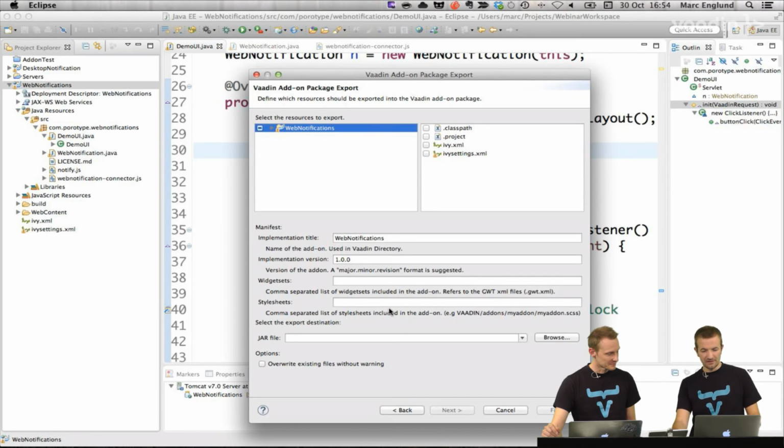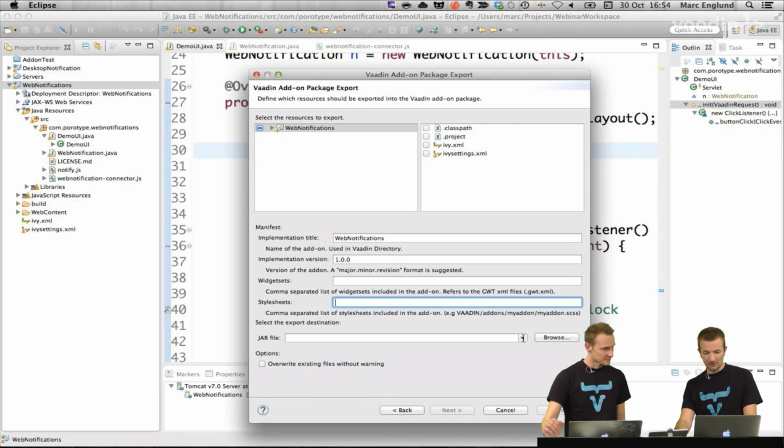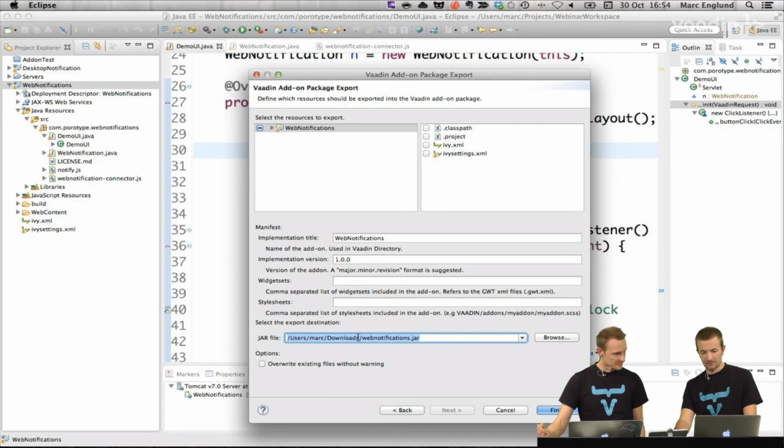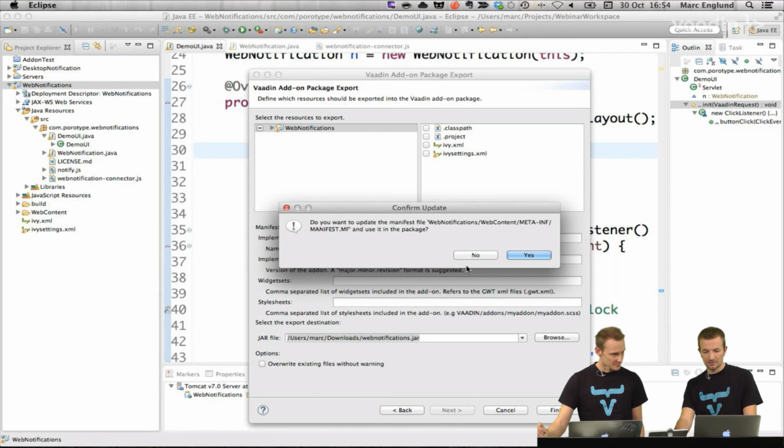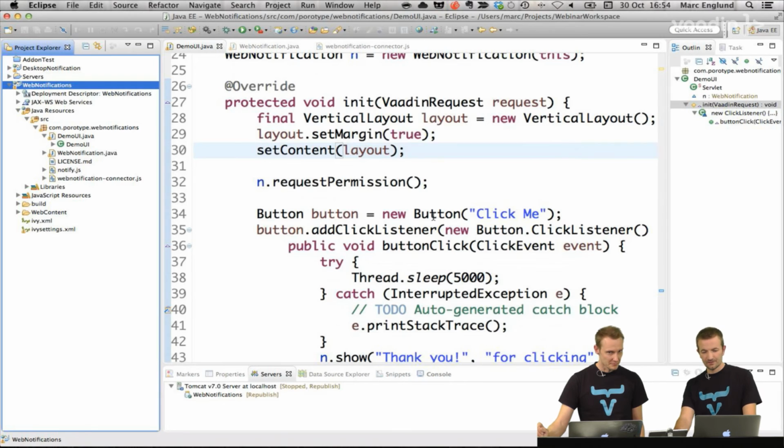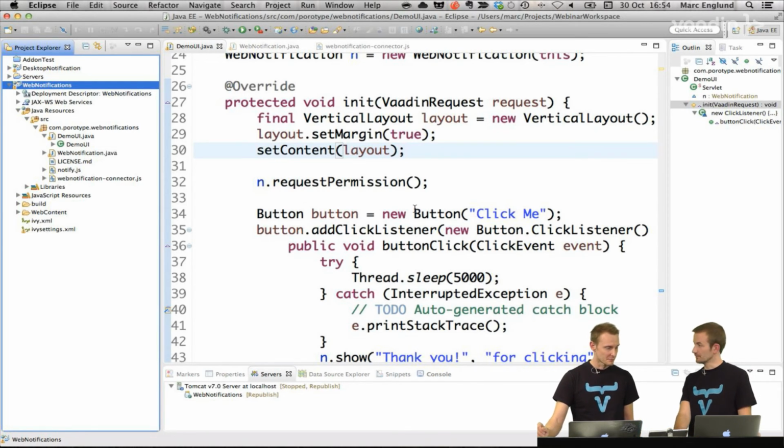If we would have some custom widget sets or style sheets, they go here. We don't have that in this particular case. So we are going to choose a location for exporting the jar. It will create a jar for us, and it can update the manifest for us automatically, which is what the directory reads some information from. At this point, I would recommend you to go to another project, test your jar file there